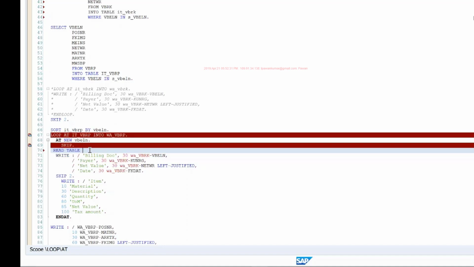So I'll say read table IT_VBRK into WA_VBRK with key VBELN equals WA_VBRP-VBELN. I'm just replacing that select single with read.